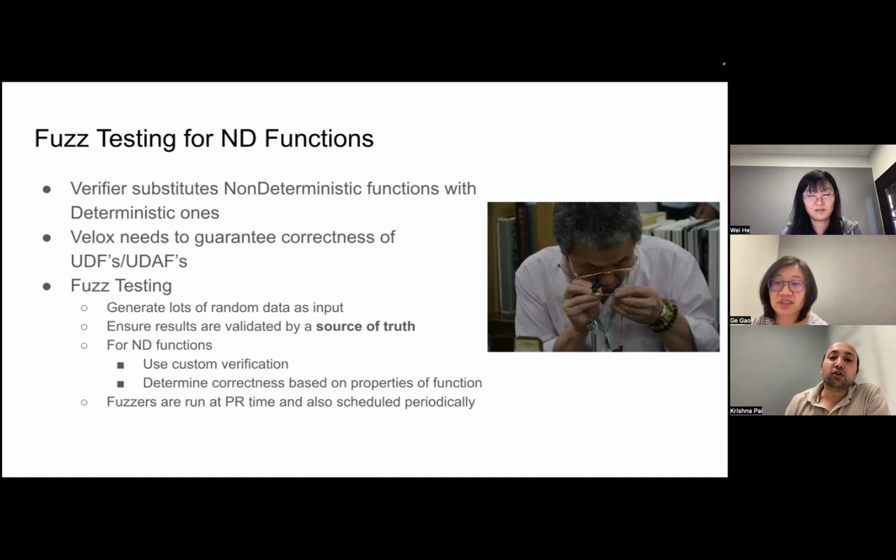Essentially, we generate lots of random data as input and run this through some aggregation of Velox, and then also run it against a source of truth. Then we validate that the results are equivalent, and if not, we know that there is a bug. This works well enough for deterministic functions. For non-deterministic functions, we can't use our current means of validation, as the results produced by the source of truth can be different. For this, we use custom verification and we determine correctness based on properties of the non-deterministic function